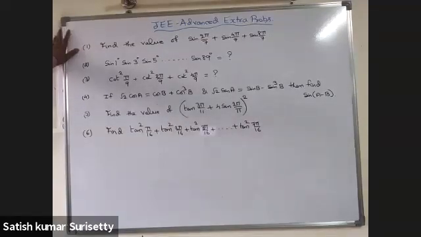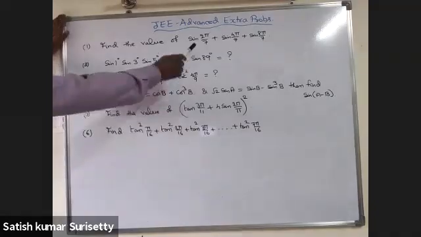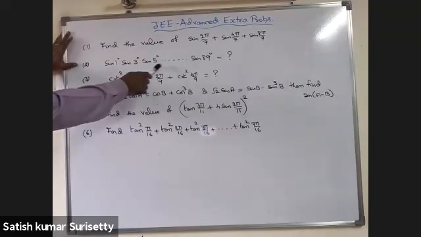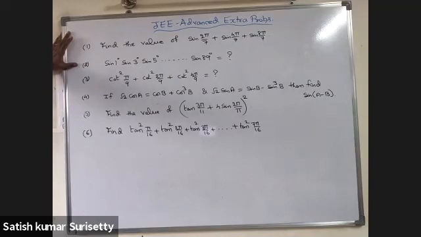First question, find the value of sine of 2π/7 plus sine of 4π/7 plus sine of 8π/7. Second, sine 1 degree, sine 3 degrees, sine 5 degrees, and so on, sine 89 degrees. Third, cot square π/9 plus cot square 2π/9 plus cot square 4π/9